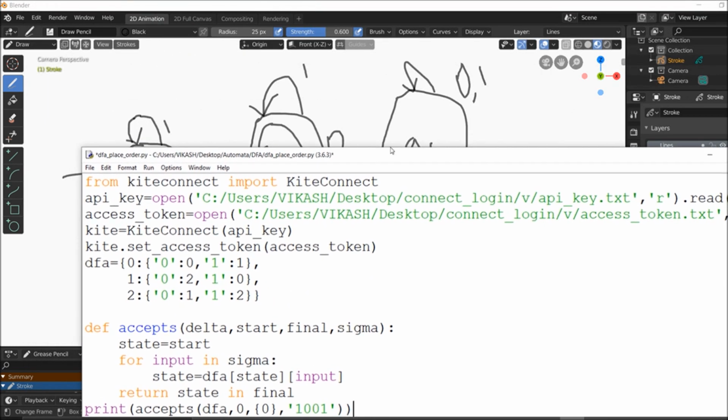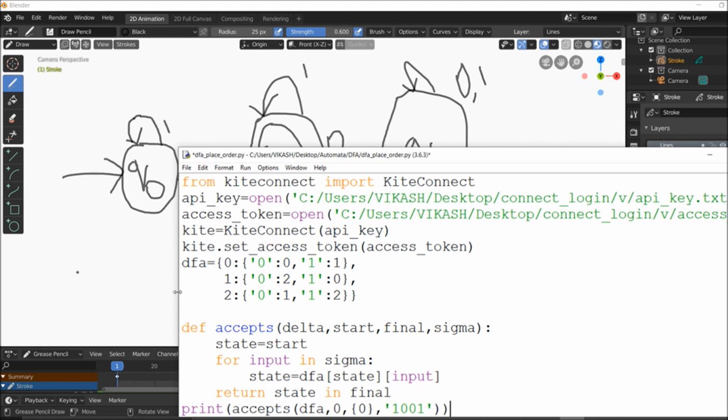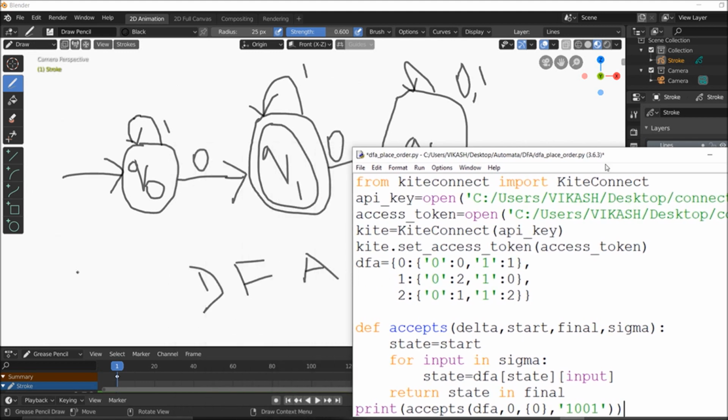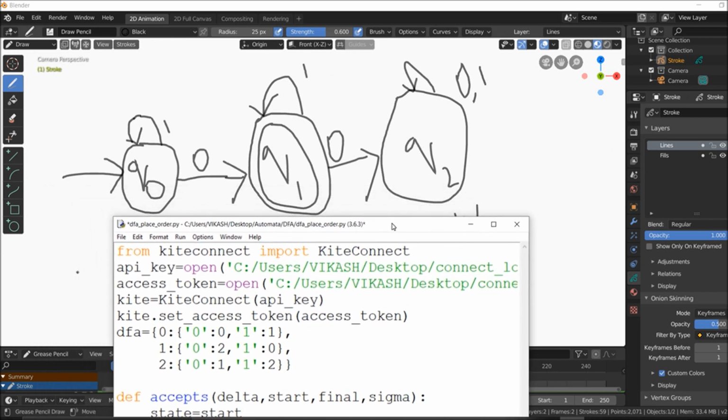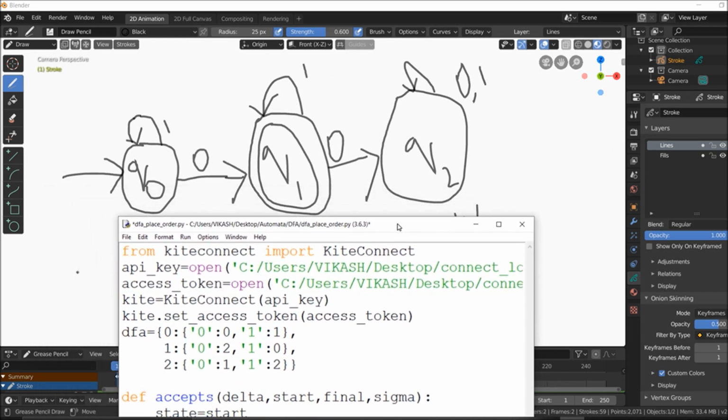Okay, so right now, as I said, this is good. At the 0th state, which means at Q0, I have already set the access token and API key, and I'm ready to place the order here, which I will tell you how I'm going to do. So you just get ready with your access token, and I will show you how to do it. I will utilize the same thing, and I'm going to show you how I utilize it for my trading purposes.